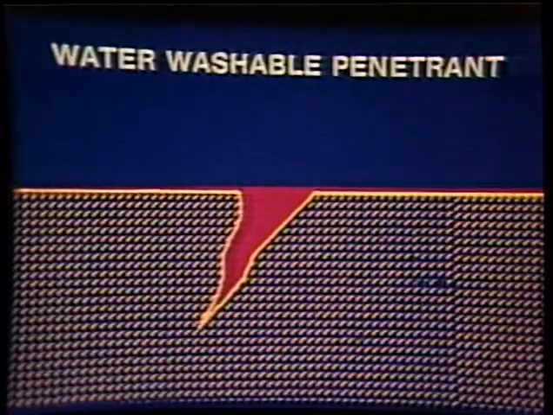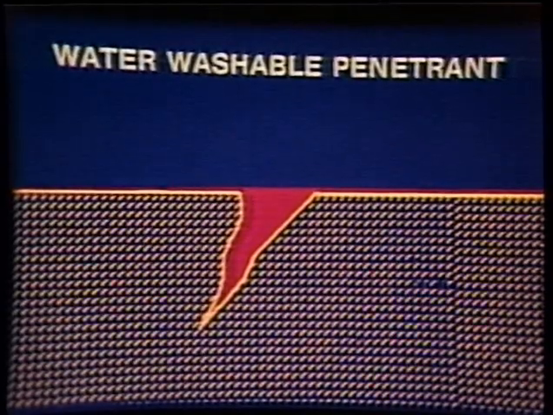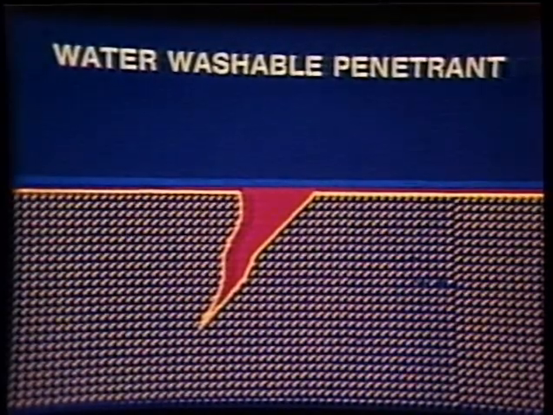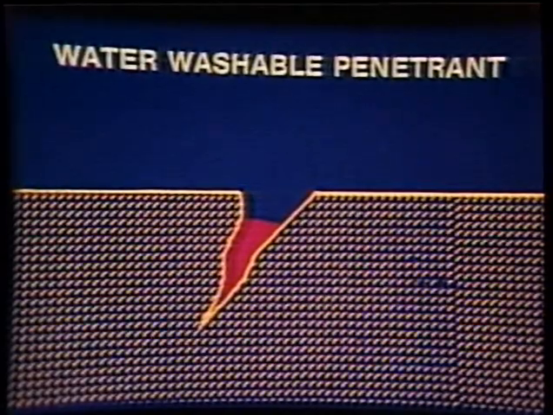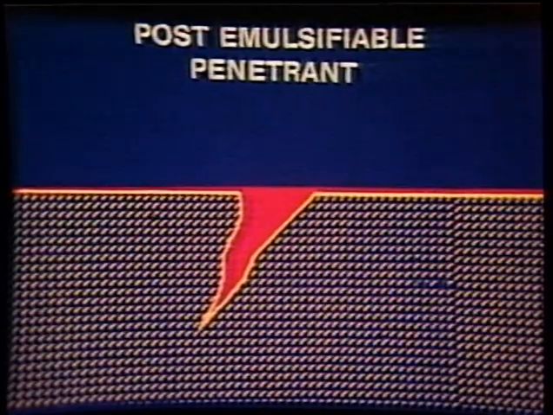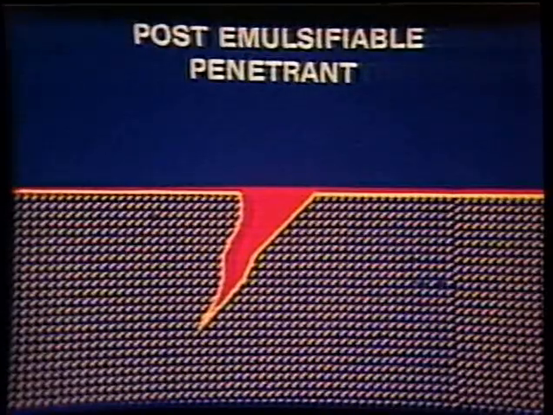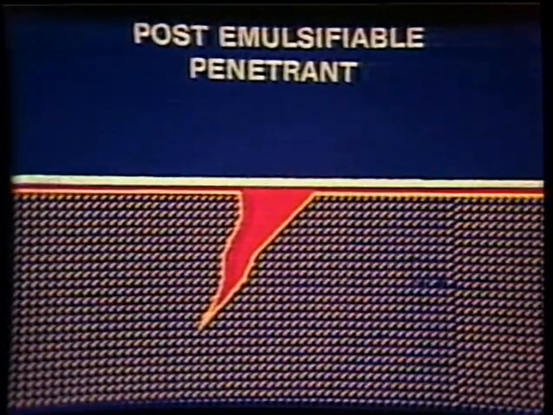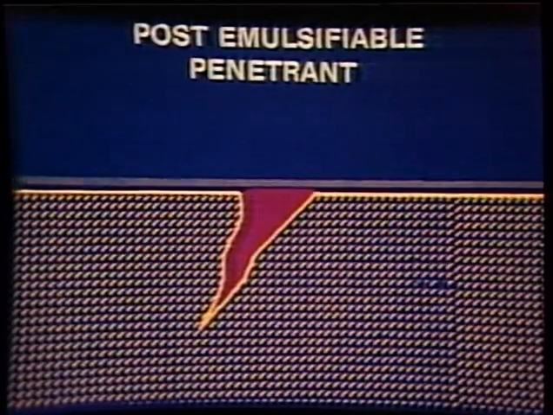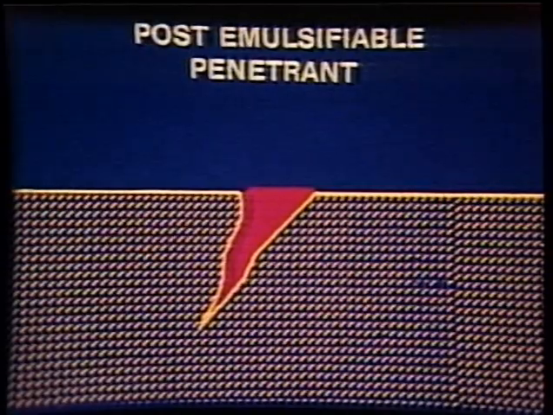The water-washable form of penetrant is basically a dye placed in a water-based solution. For non-porous materials, it provides the lowest degree of sensitivity due to the ease of penetrant washout of shallow openings during cleaning. Post-emulsifiable penetrant consists of dye placed in an oil-based solution. This variation requires the additional step of applying an emulsifier before the removal of excess penetrant, which chemically breaks down the excess and makes it water washable. Now, since the oil-based penetrant remains in the openings as the emulsified penetrant is rinsed away, this allows greater sensitivity